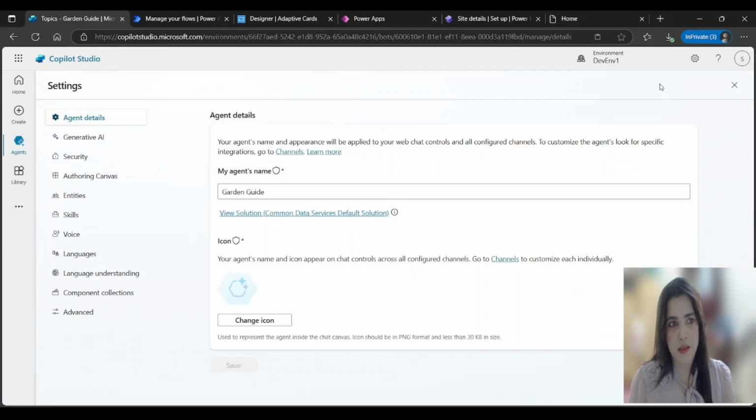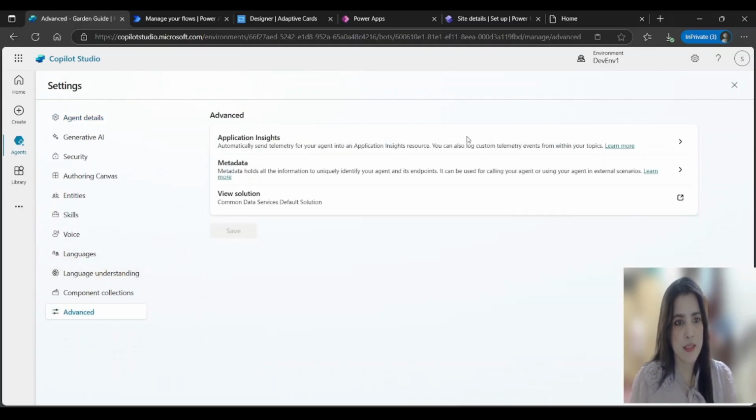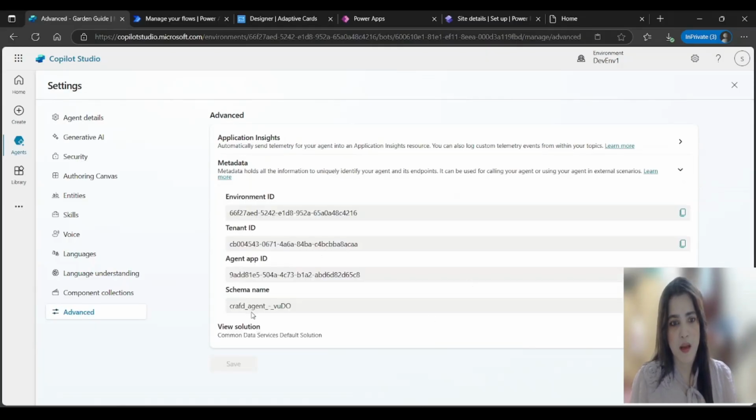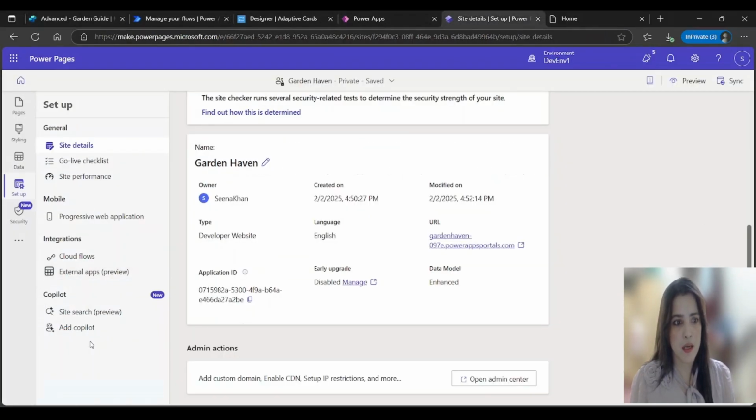Here our agent is published. Click on settings, click on advanced, select metadata, and here you can see the schema name. You can copy it to clipboard and paste it somewhere, or else no problem. Then come over here in the page, in the data,